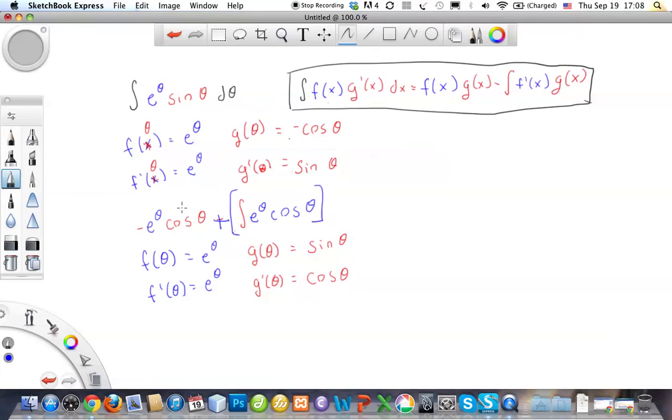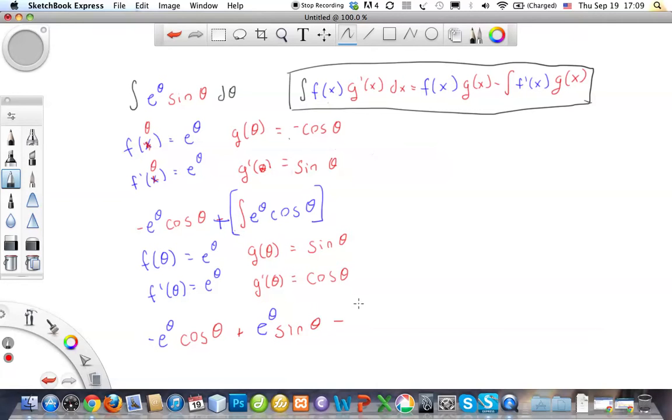I'm going to rewrite everything, so I'm going to have negative e theta times cosine theta plus this integral right here, which is going to give me e theta times sine theta,